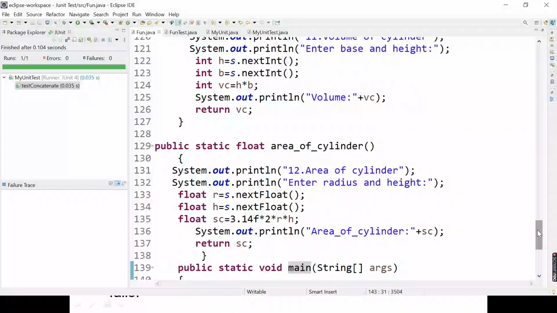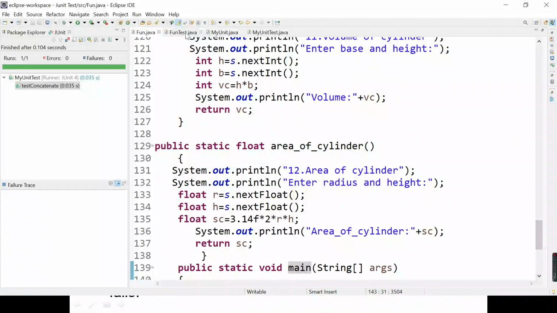So there is a possibility of getting errors or failures. Errors occur when syntax is wrong or logic is wrong. Failures occur when your assert method fails. You have to write the assert method inside the test program.